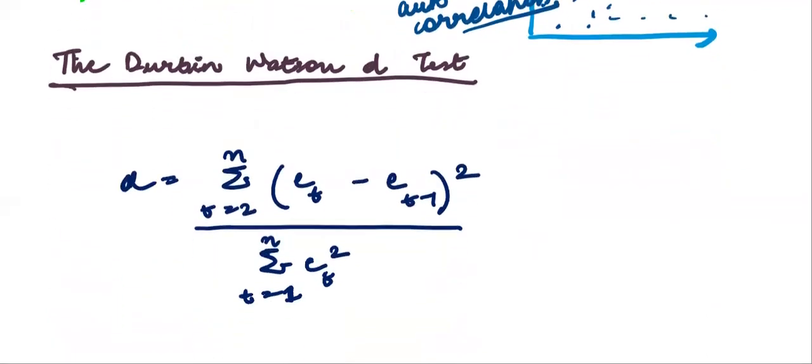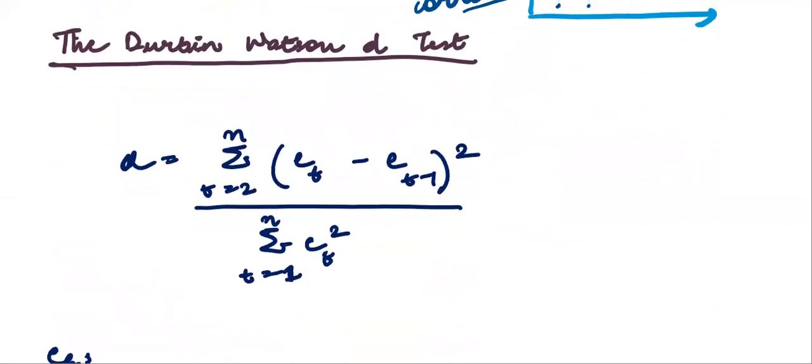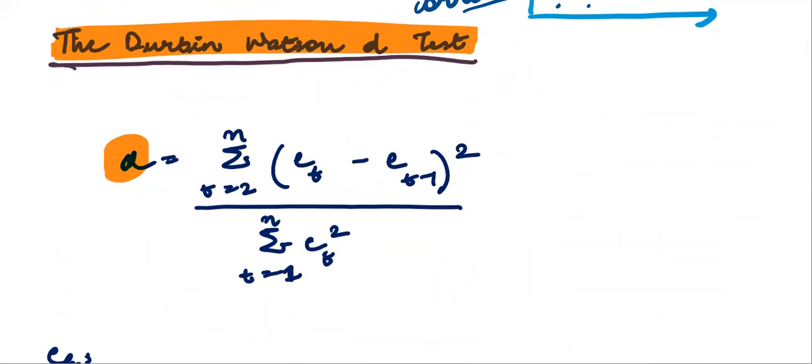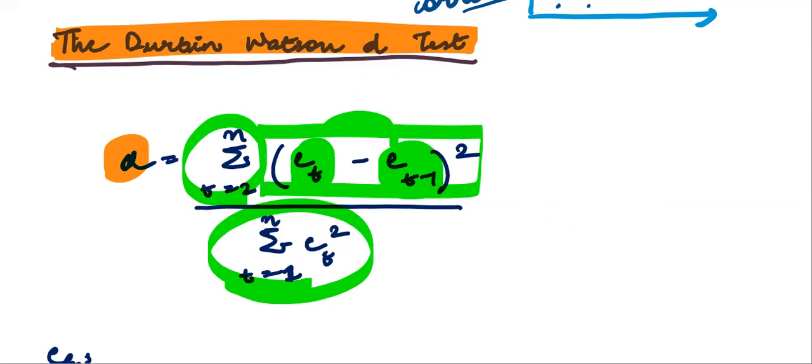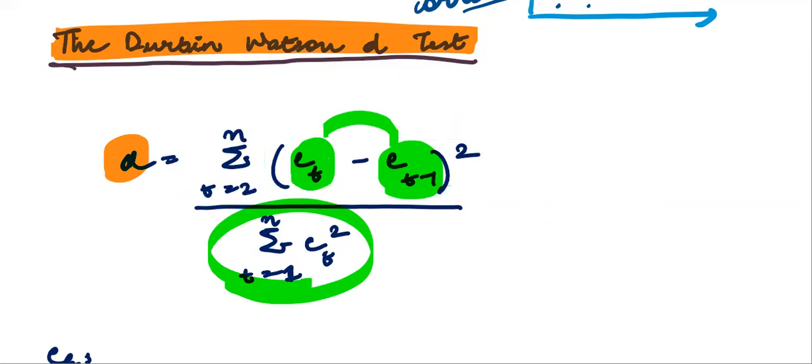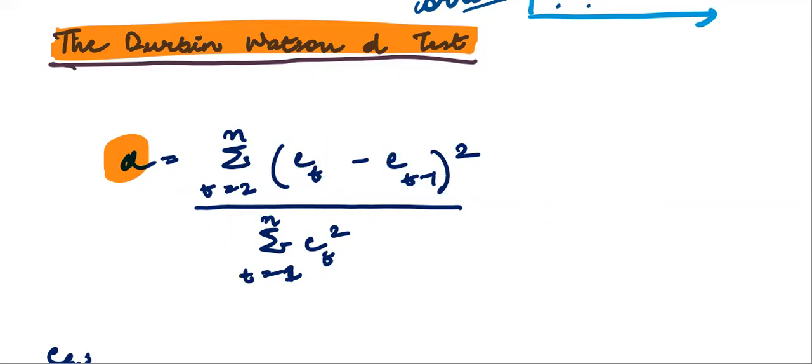Another and the most important test of autocorrelation is known as the Durbin-Watson d-test. First of all, you must understand how we calculate the value of d. To calculate the value of d, we find the error terms, bring the error terms to a lag, find the difference between the two, square all such values, sum those values, and divide by summation et square. Please see this first. We'll go step by step.